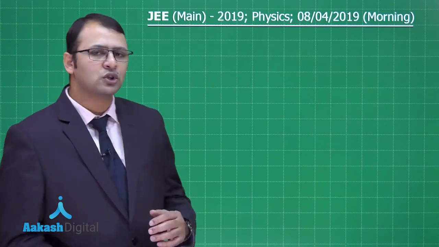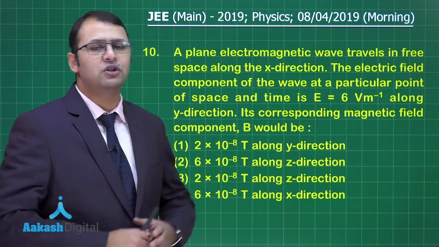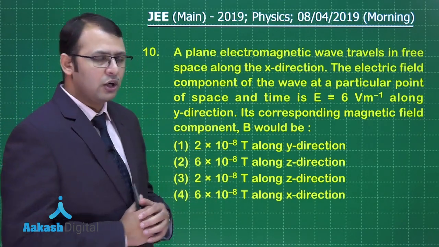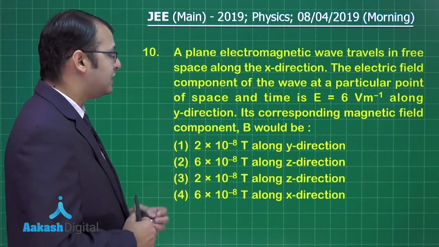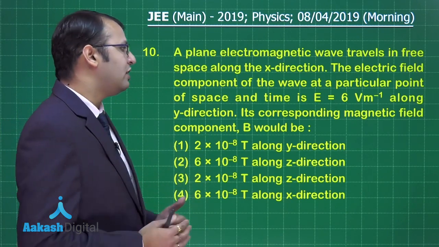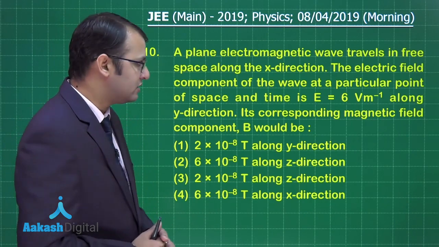So let's take our next question, that is question number 10. The question you see here belongs to the section of electromagnetism of chapter electromagnetic waves. Now as per the question, a plane electromagnetic wave travels in free space in positive x direction. The electric field component of the wave at a particular point of space and time is 6 volt per meter